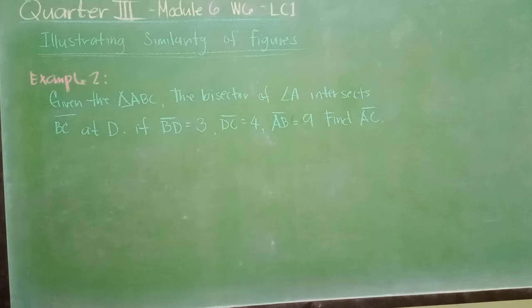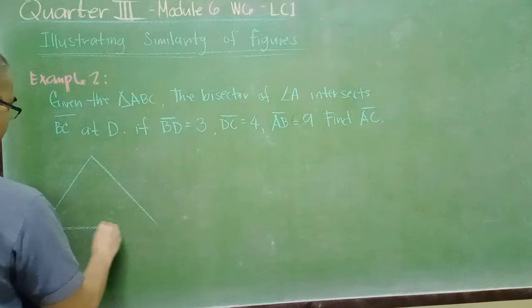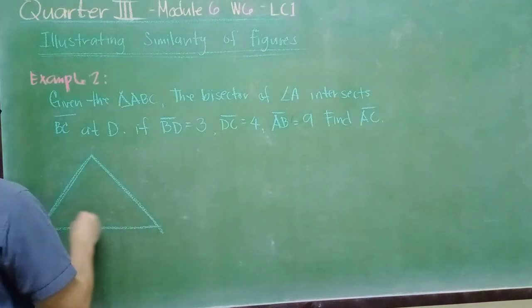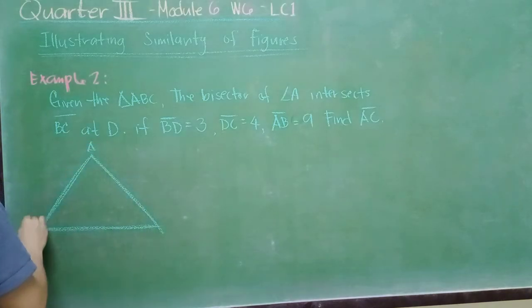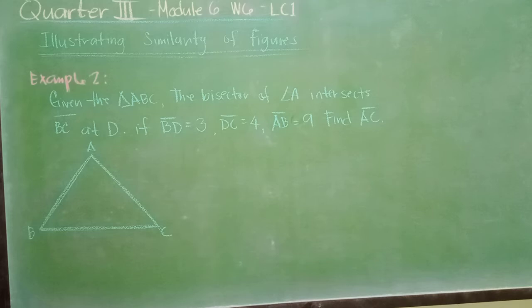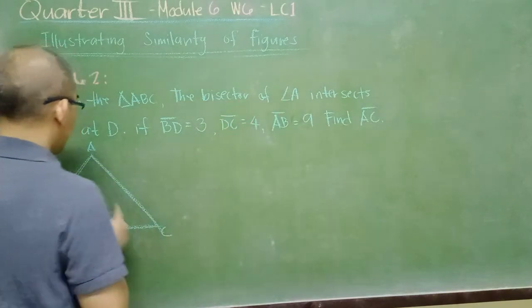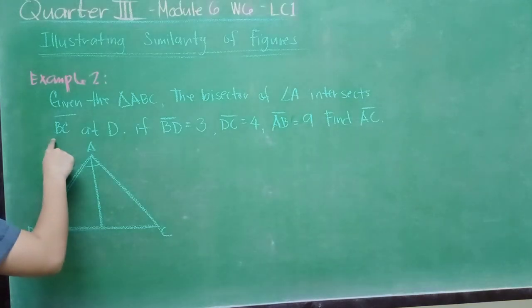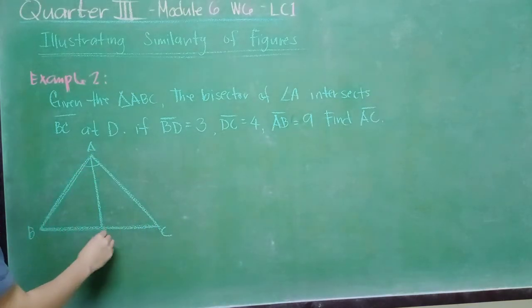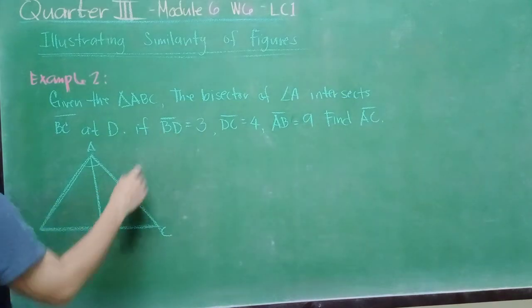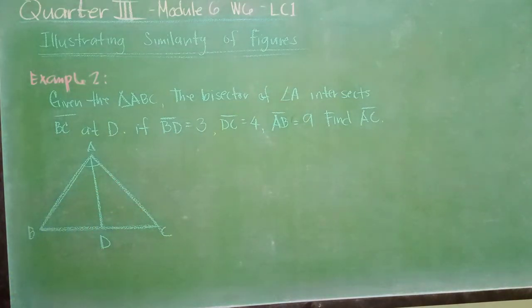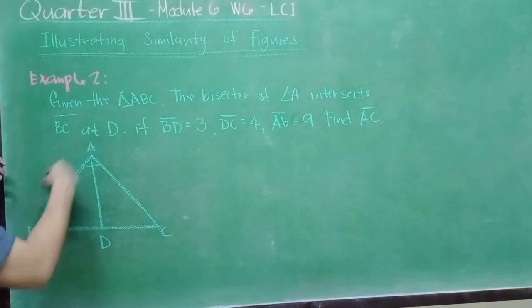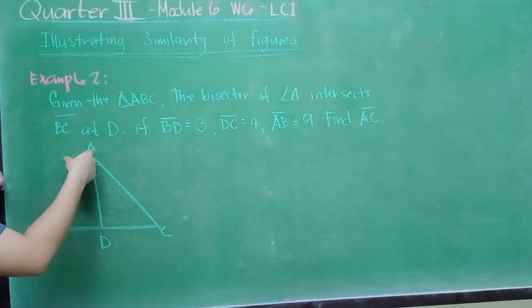Now, for example, number 2, given triangle ABC, construct natin yung figure. This is A, B, C. Triangle ABC. Tapos, the bisector of A, ibig sabihin yung angle A natin, ibabisect, hahatiin sa gitna, o sa dalawa, intersects at BC at D, so this is D. If BD, so ito yung itsura ng triangle natin, triangle ABC, wherein angle A is bisected,